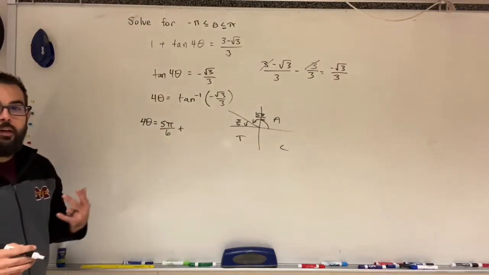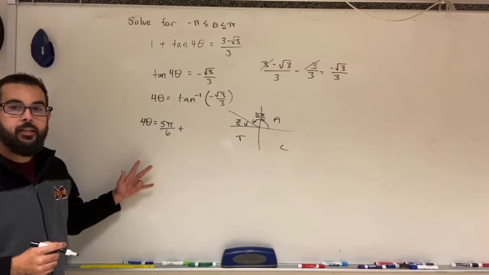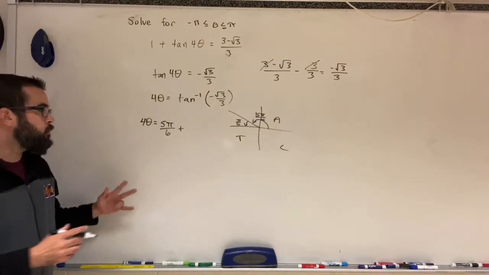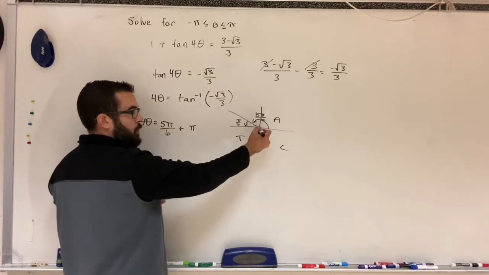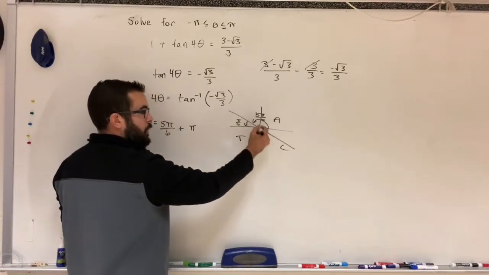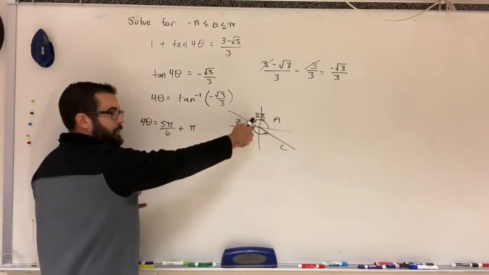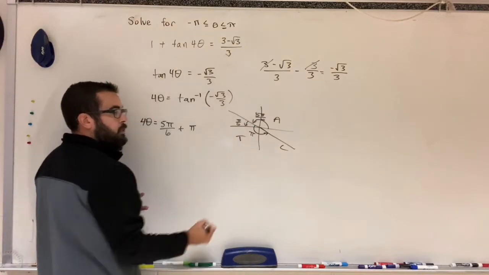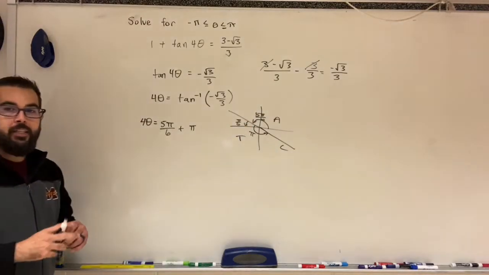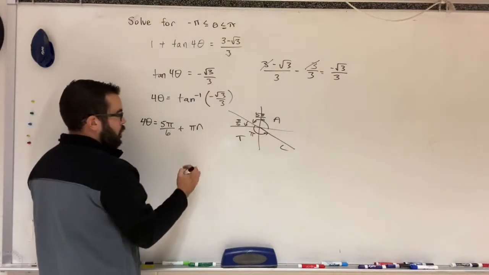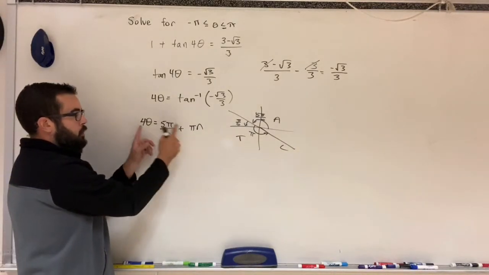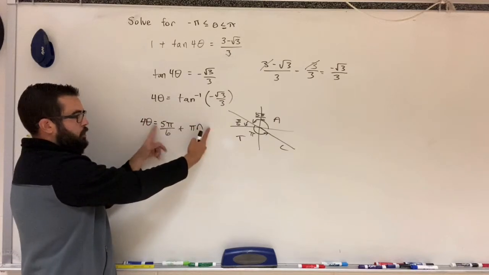Now remember, the period of the tangent graph is pi. The other angle would be in the fourth quadrant, but the distance between those angles is pi, and you see that from the tangent graph that we drew yesterday in class. So all the solutions can be found by using this equation,